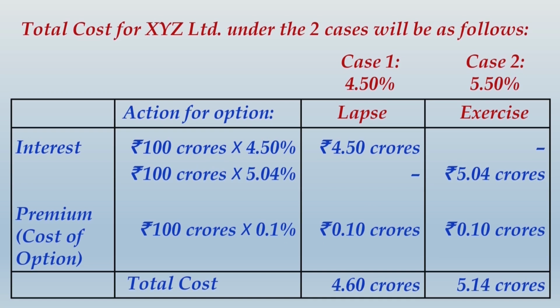So you can see wherever the interest rates are lower, you don't have a commitment to unnecessarily borrow at the FRA rate and your interest cost can be brought down. Where the interest rate is higher, you may exercise your interest rate guarantee option and you may eventually end up paying a lesser amount in total. Otherwise you would have paid at what rate? 5.5%. So that will be the end of the solution.